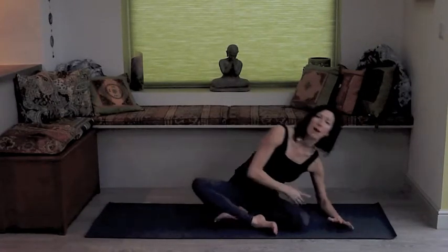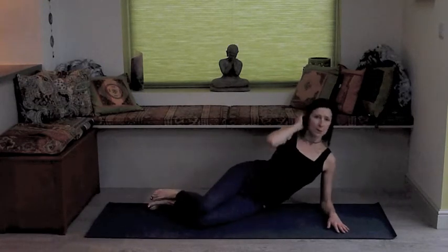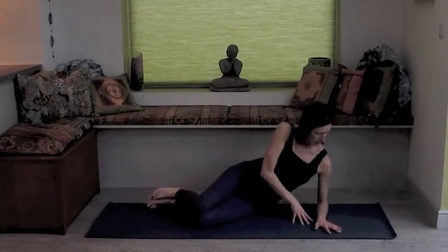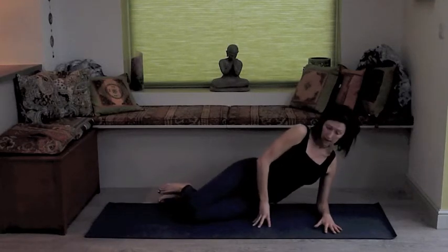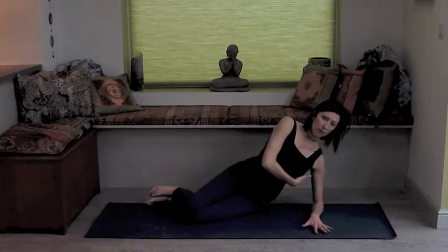And then back to centre. And then this time we're dropping down, so it's my left, you might be on the other side. As long as we do both sides, that's the most important thing. Okay, so elbow below the shoulder, start with the knees bent. Try and line the elbow up with your hips and by your side, and as you inhale, making sure you're